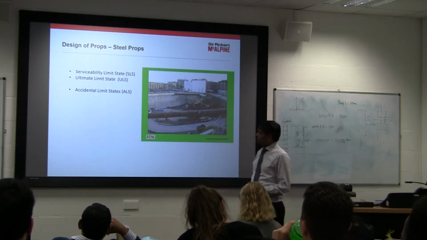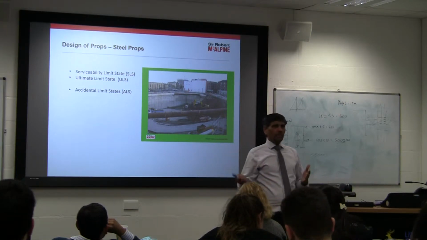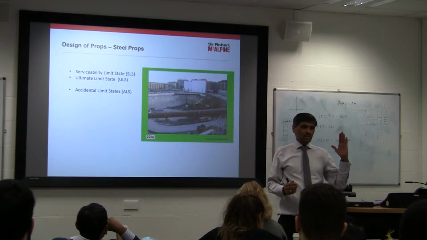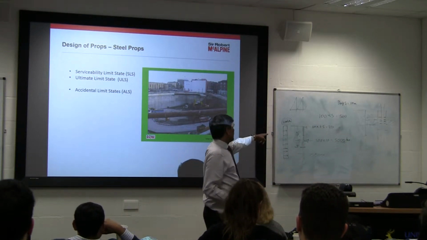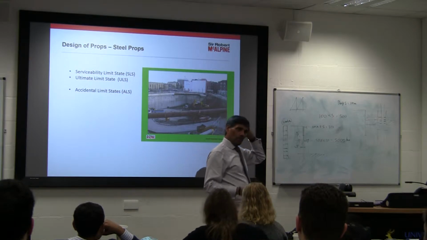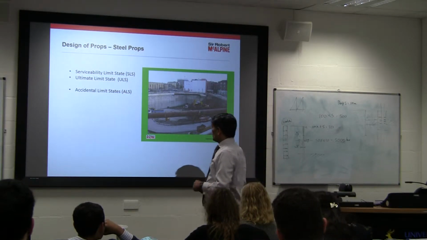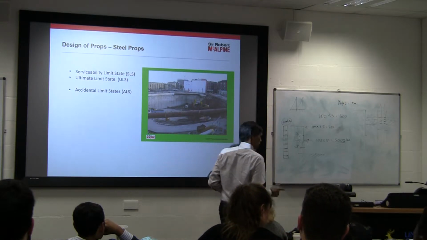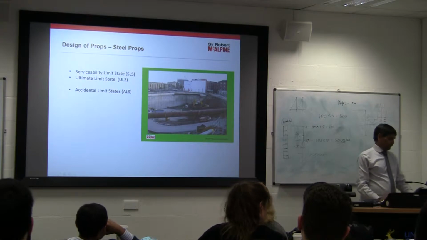So we know the loads now. We can calculate roughly, depending upon the type of the soil, what the ideal pressure distribution at the back of the wall is. So once you know the pressure distribution I have drawn with the prop spacing, now we want to calculate what the prop loads are. How do we design the prop load? So before I go for that, I just want to show you a video in terms of the